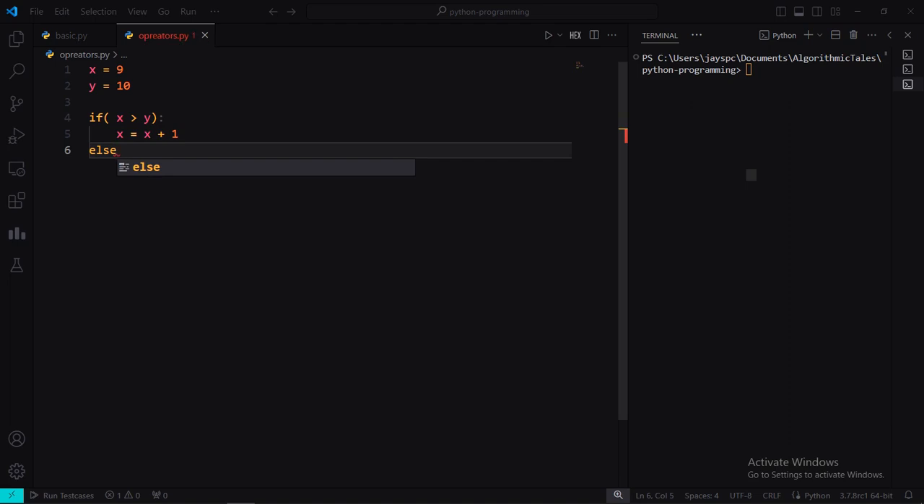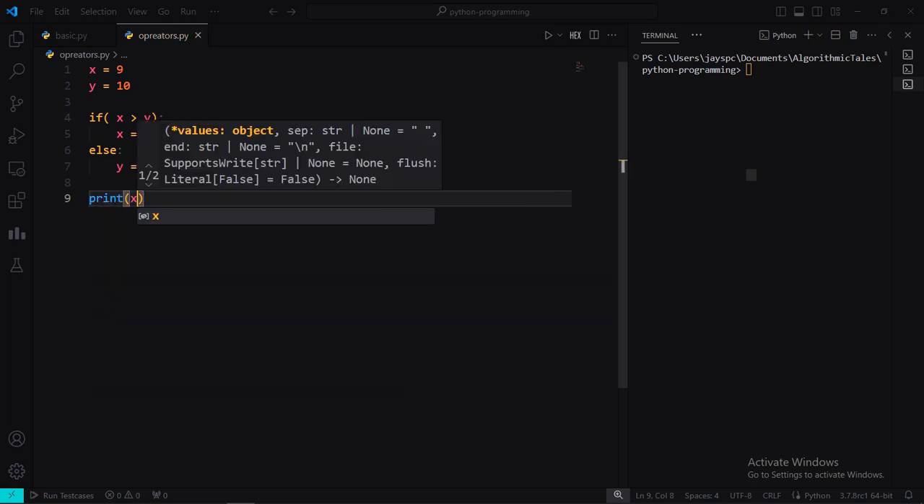Or if that is not the case, then again I'm trying to open a scope. We'll use the keyword else. We'll use the scope opening operator colon, and we'll give some indent level, and then we'll write whatever is the operation that we want to perform. X, y equals to y plus 1. And finally we'll try to print x